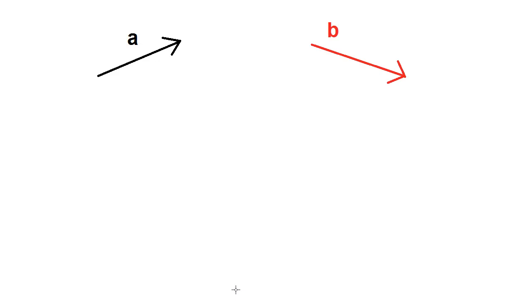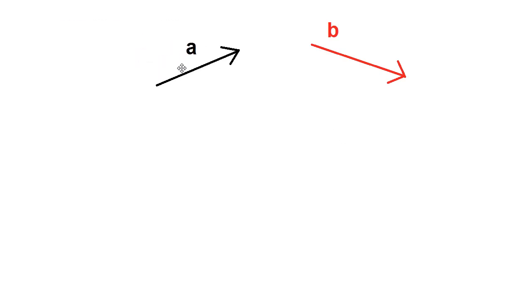For this section, we're going to be talking about how to do algebra with vectors. Now, as algebra is based off of mathematical operations, the very first thing we're going to talk about is adding vectors together. Subtracting vectors is going to be pretty much the same thing. Now, the idea is, let's say you have two vectors here, a and b, and you want to add them